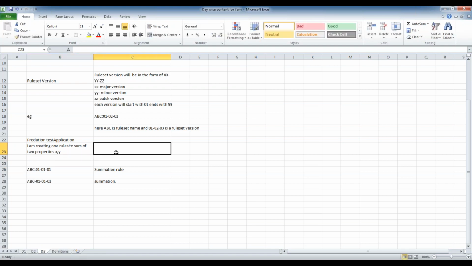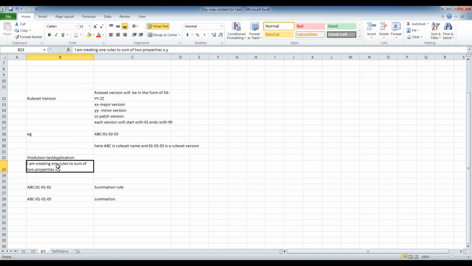Take Microsoft as a product example. You will get some issues. Once you use the product, you identify some issues in the Microsoft OS and you inform them. Here also it is the same thing. Customers start using the application. They identified that we referred to the wrong properties in the summation. Instead of x plus y, I used x plus z, and I need to rectify that. That is the problem in the product logic, and I need to rectify that.